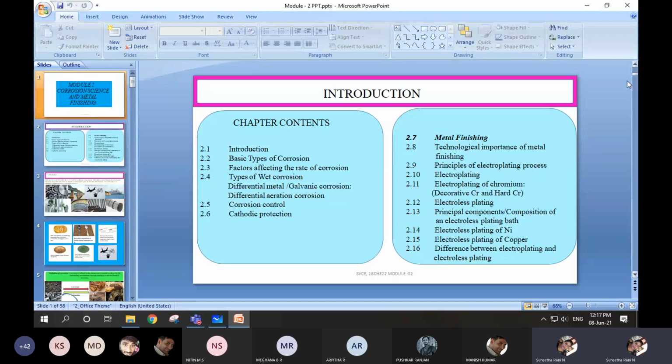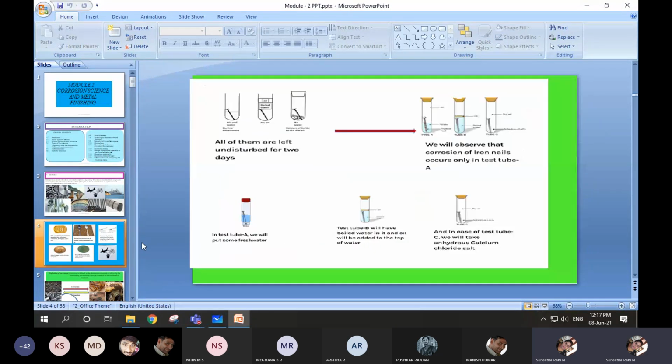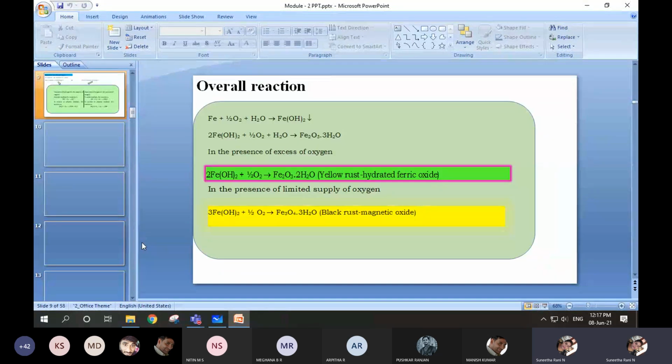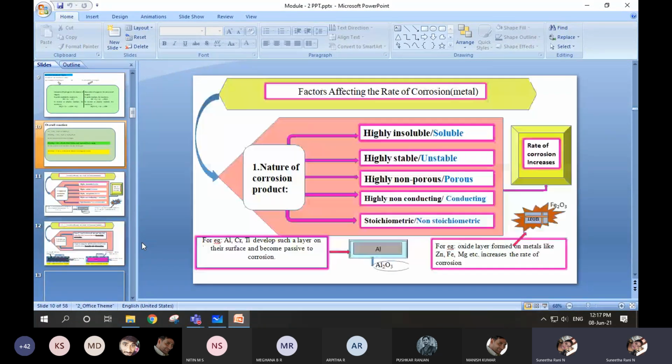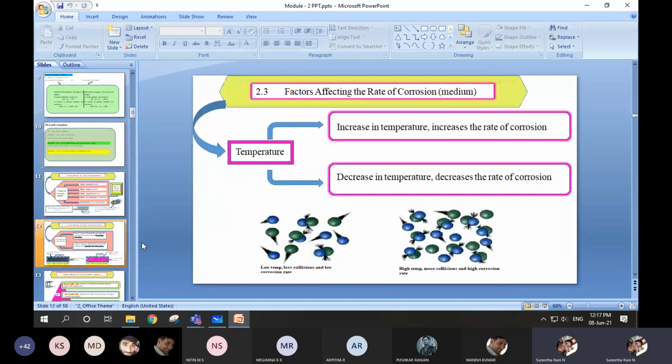So if we want controlling methods, apart from this, we have one more thing, that is galvanization. Galvanization is galvanizing the parts. Galvanizing means coating one metal on the surface of another metal. We'll see what that coating is. For example, if you want to coat zinc on the surface of iron, how will we coat?